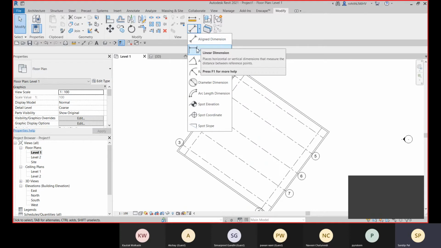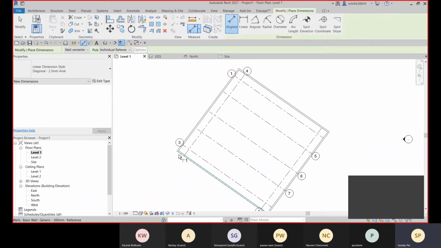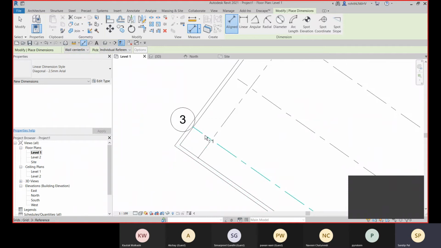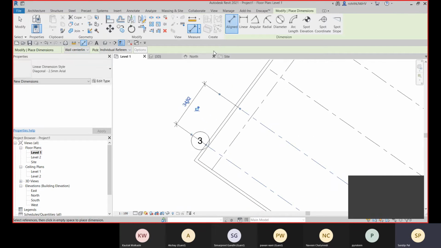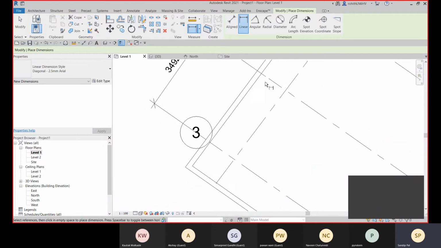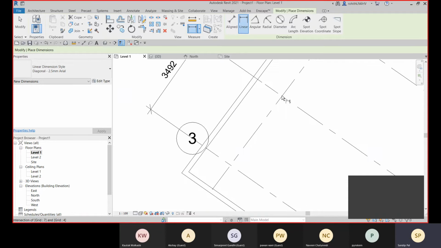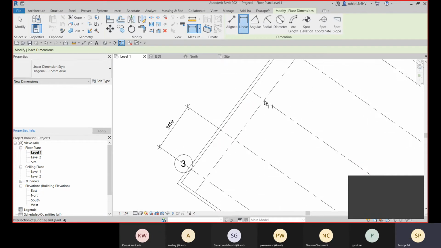For the linear direction, it will go from point to point, but for the align dimension, it will select the lines. Let me show you. You need to specify from this object to this object, and then it will be placed for the align dimension. But for the linear dimension, you need to specify the points. Okay, so right now you're not getting any point, because nothing is in the linear direction.